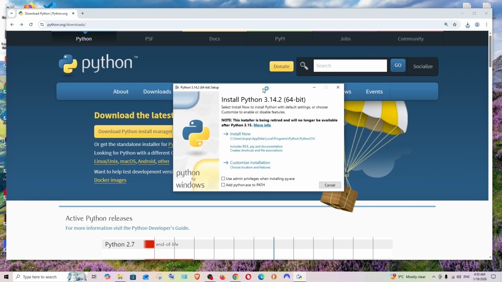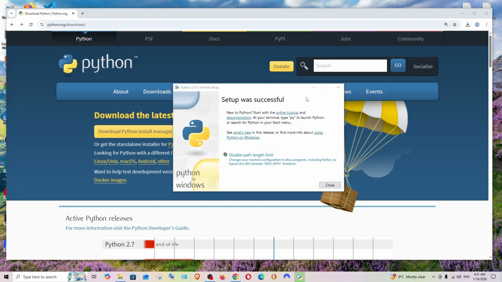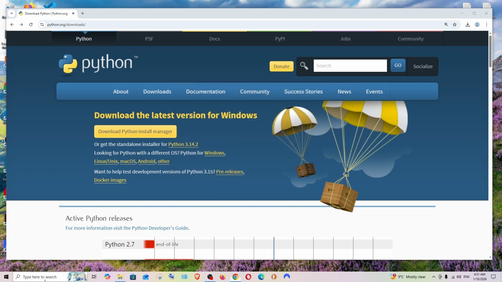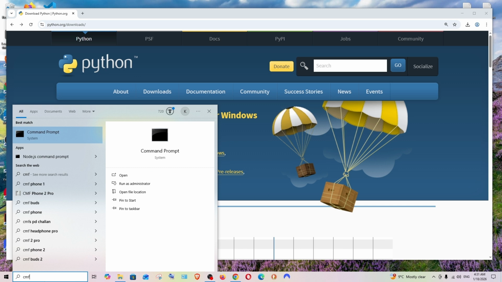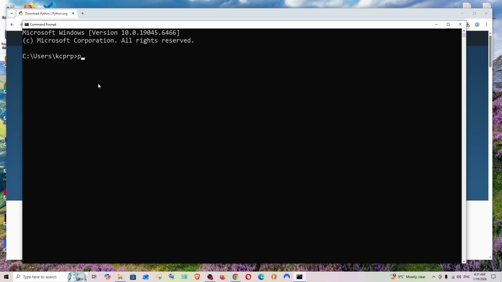And here we need to choose these two checkboxes, okay? Check this, and make sure that you are clicking install now. I got setup was successful. I'll just click on close and now I'll just go to search, type command prompt and just run the command